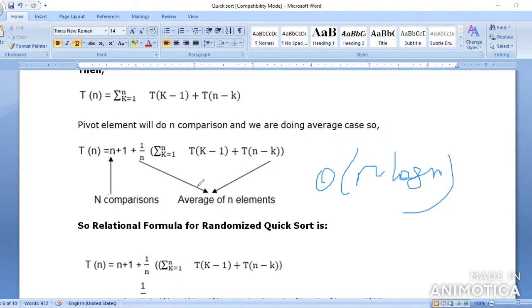After sorting all the sublists, you combine them into the final merged list. So the worst case is n square, the best case and average case is n log n. But this algorithm is not a faster method. This is the quick sort algorithm. In divide and conquer methodology, we are having for the first